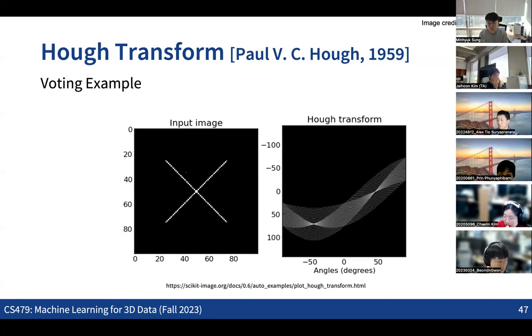Make sense? Yeah. So what we do is that we sample two points in the image space and make a line. This line will be mapped to a point in the parameter space. Once we accumulate all the votes in the parameter space, we run mean shift clustering in the parameter space in terms of finding the peaks. And these peak points will also be mapped to a line again in the 2D space. So this is the basic idea of applying the Hough transform for line detection.